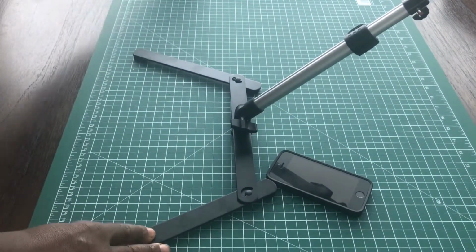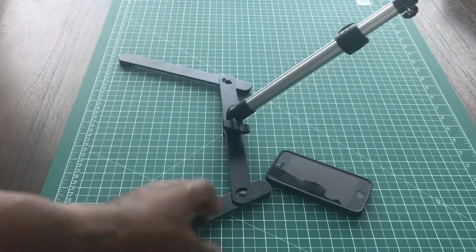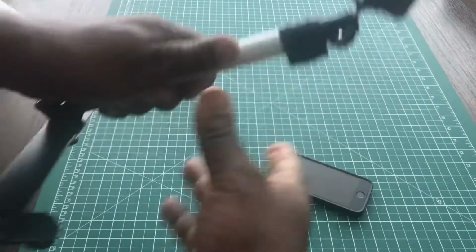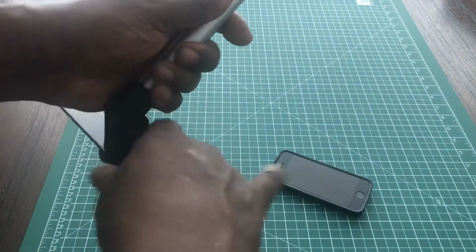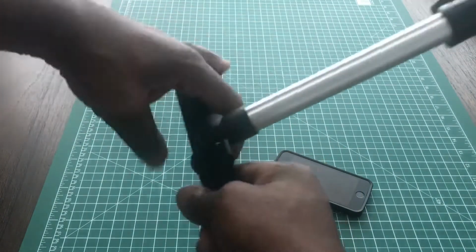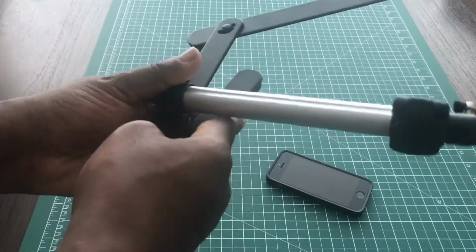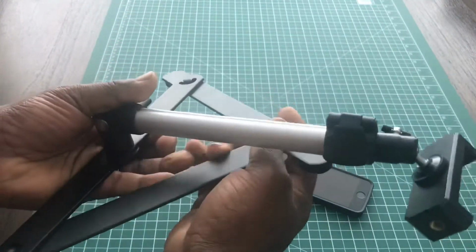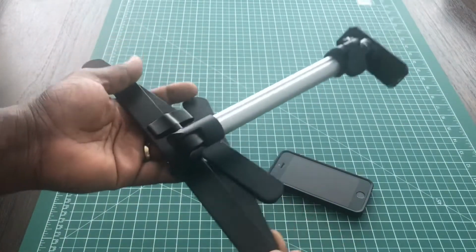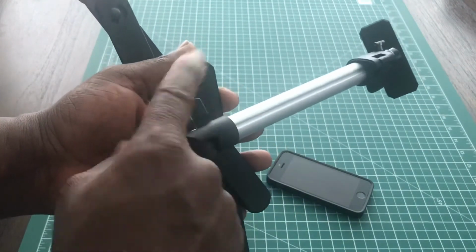Now this is quite lightweight. It does fold down quite small, so if you want to carry it around for portability, it's not too bad to carry around, because it does fold down quite small, as you can see. And you can remove this. This can be taken completely off,